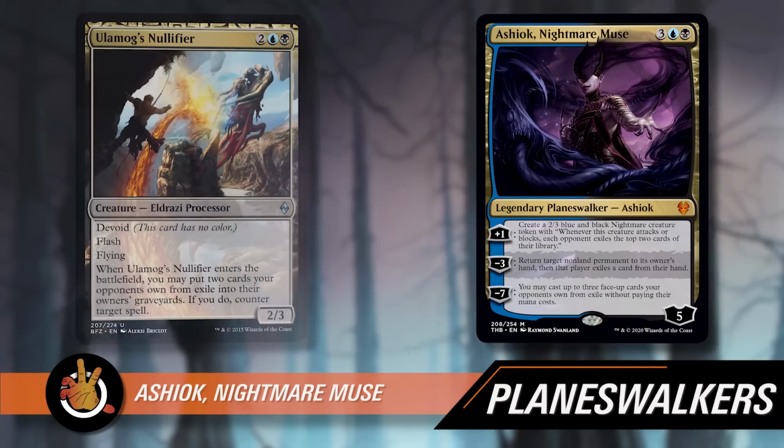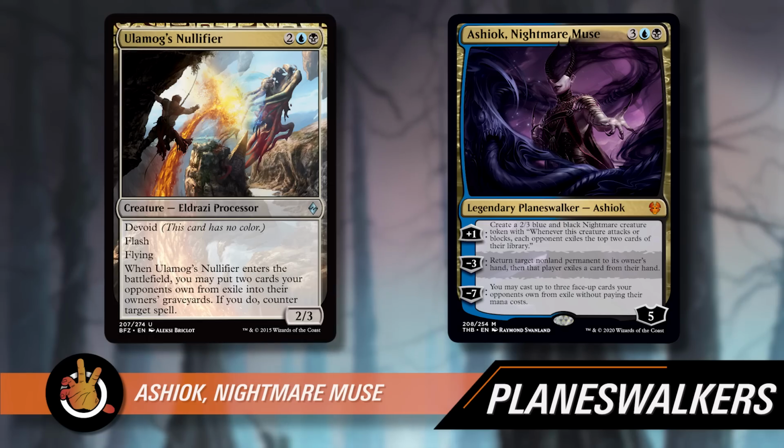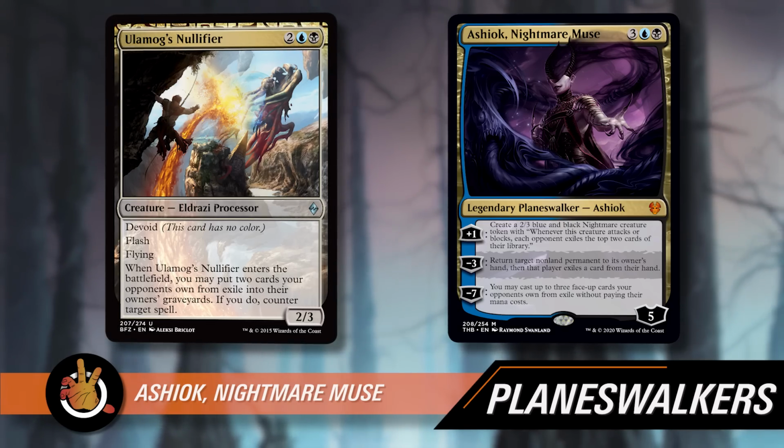Ashiok's a tough card to crack as far as thinking of what you would want to do. Maybe with the Eldrazi processors, you can get an effect by having your opponent's cards in exile, moving them to the graveyard, and then something happens, but none of the processors are that great. I think the main thing Ashiok is good for is decks that care about trying to mill people out or get rid of things in libraries. It's a card for 5 mana that says you can either make a creature that will help you do it, or you can also return a non-land permanent and somewhat disrupt someone. So it's kind of like a multi-use Planeswalker card. It doesn't really...